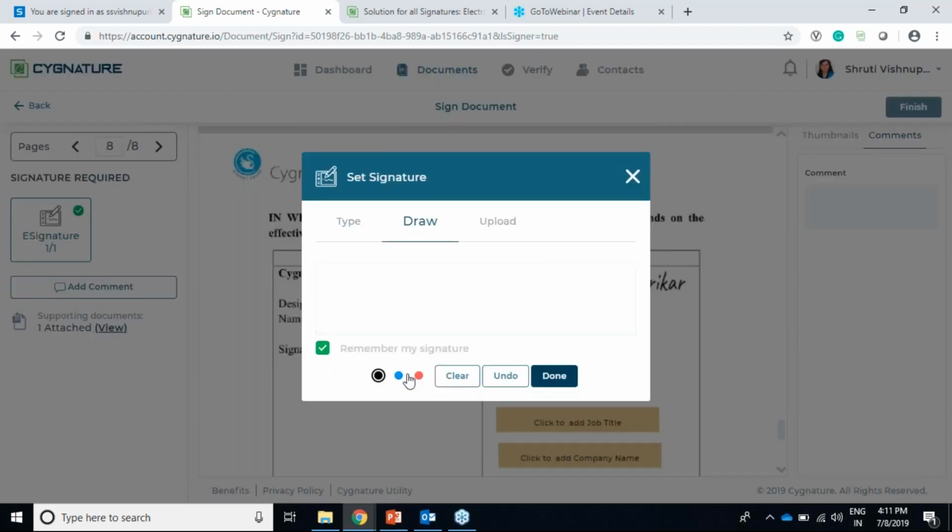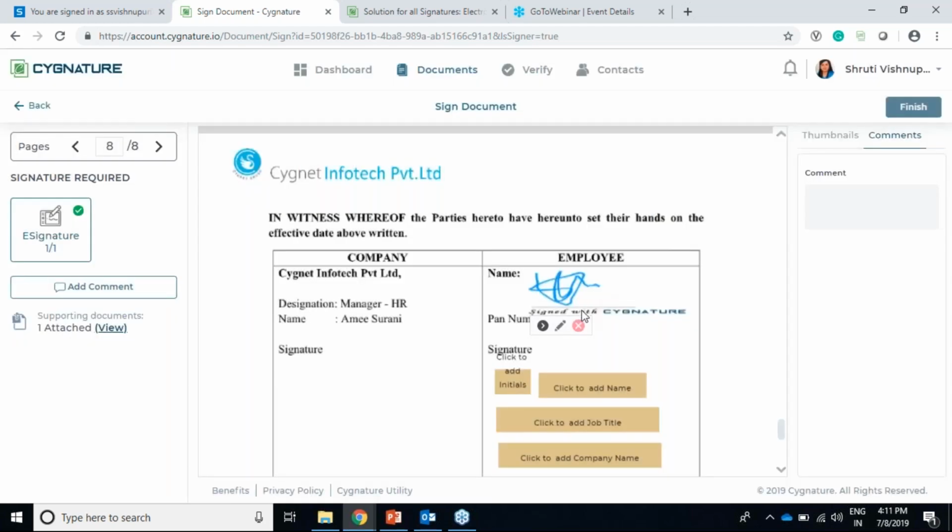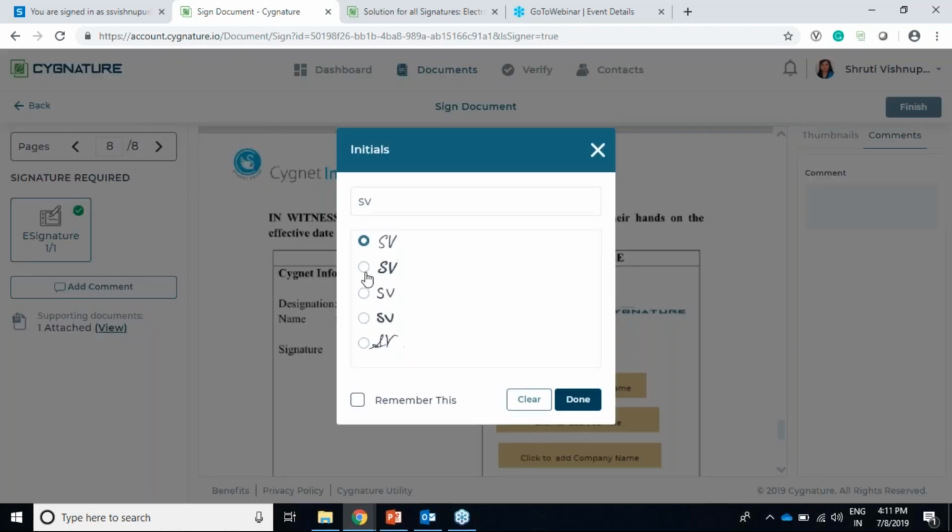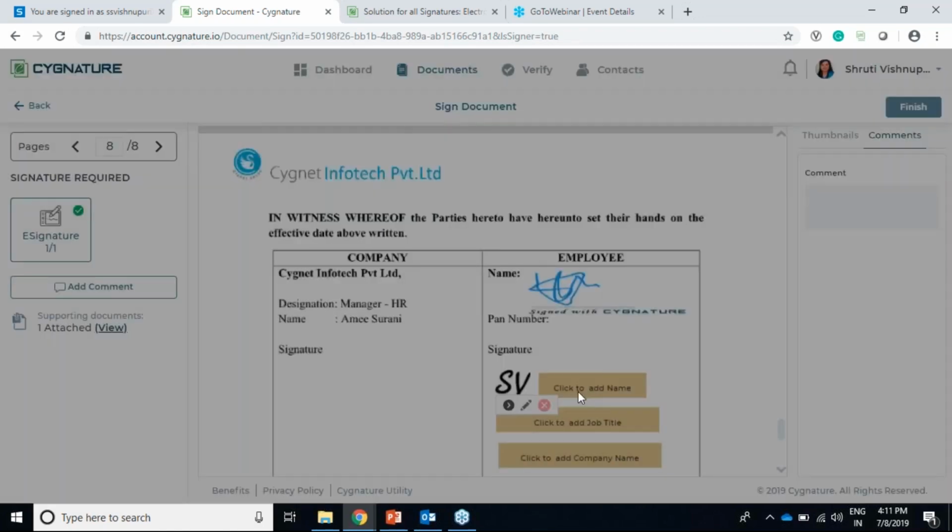We've also added 3 new ink colors in this, on top of what was there in the May release. So I'll just draw something, and if I want to add initials, I'll add initials from here.